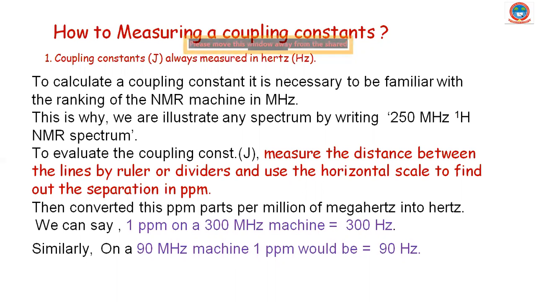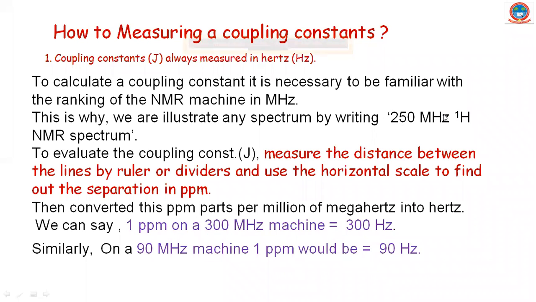Why do we have a ranking of NMR machines? Very simple concept: in the machines we have an inbuilt magnet of different strength, and that strength is called megahertz: 200, 300, 400, 500, 700, 900, like this. Fine. Now see, when we write the spectrum, any NMR spectrum, when we deal with the problems, you will